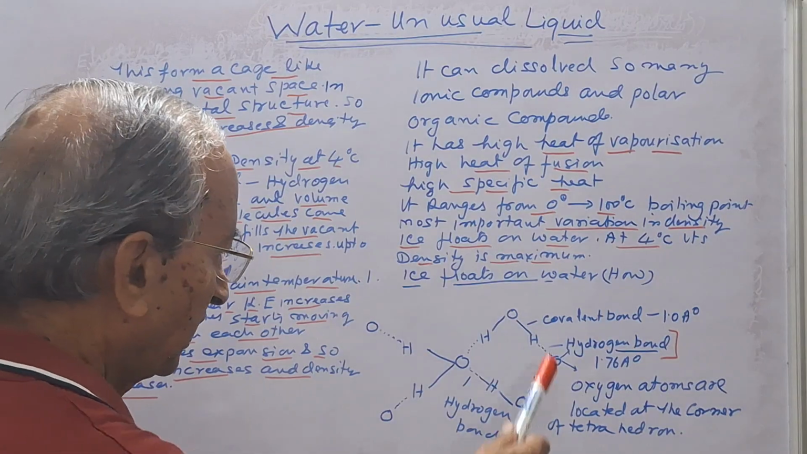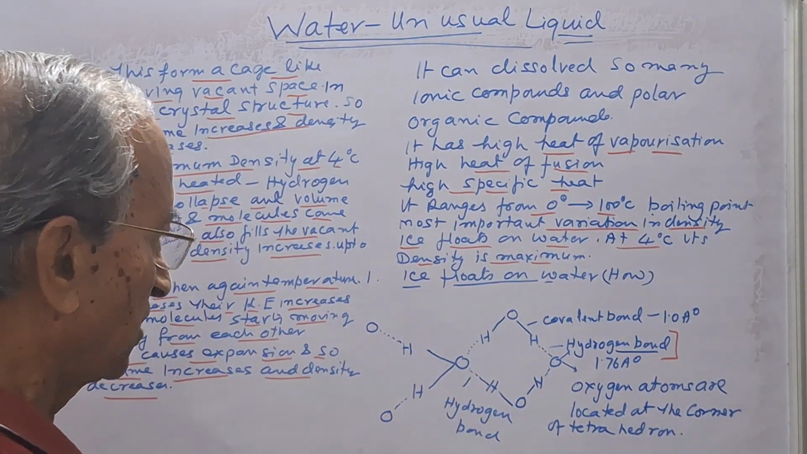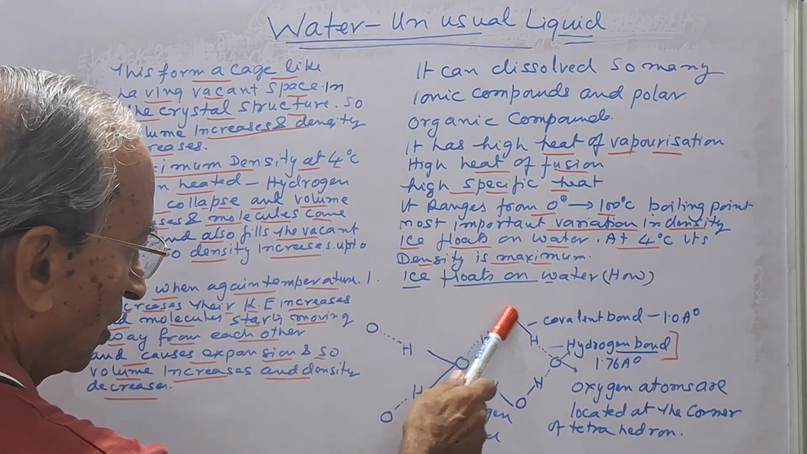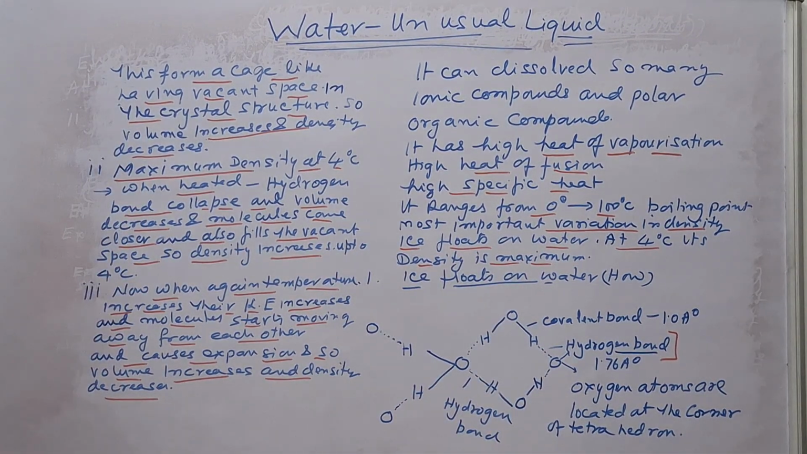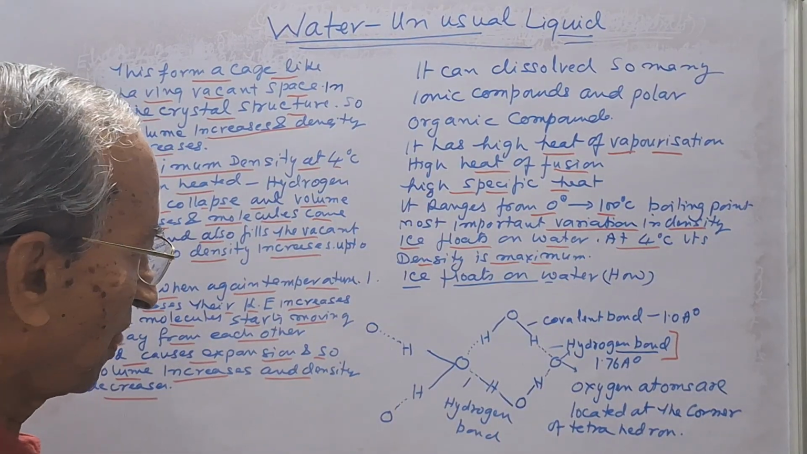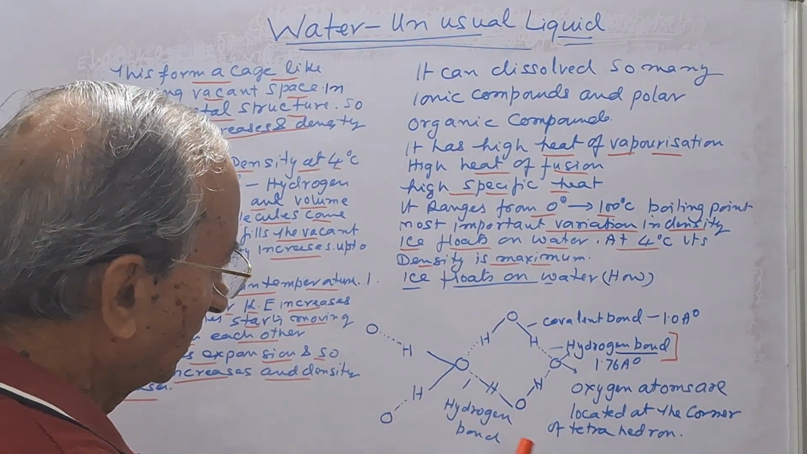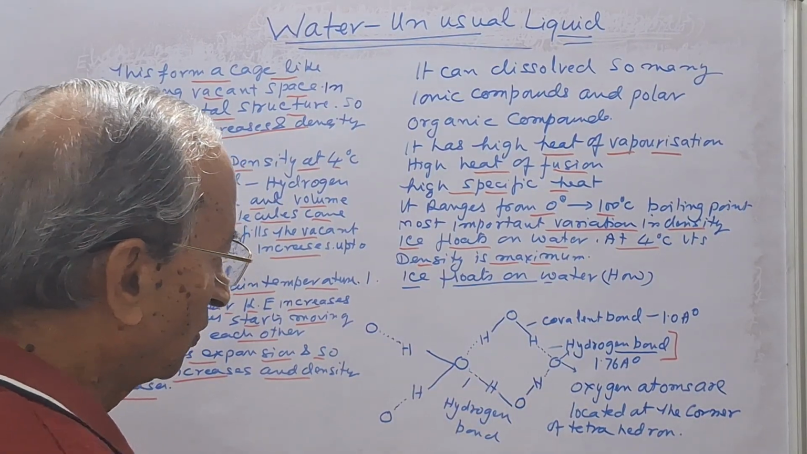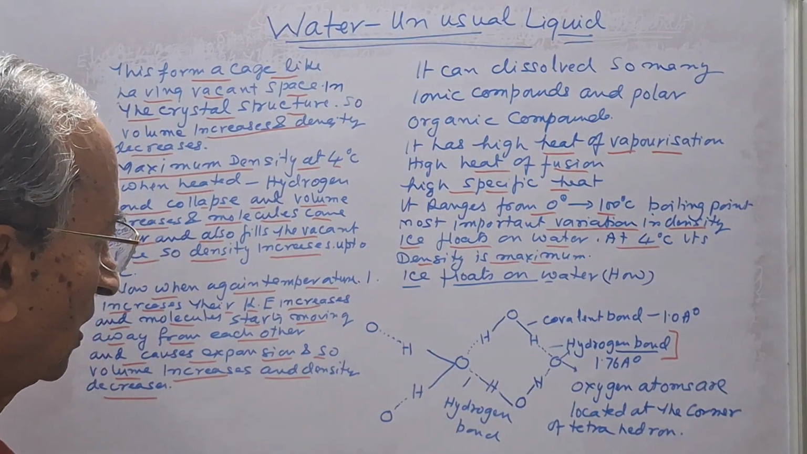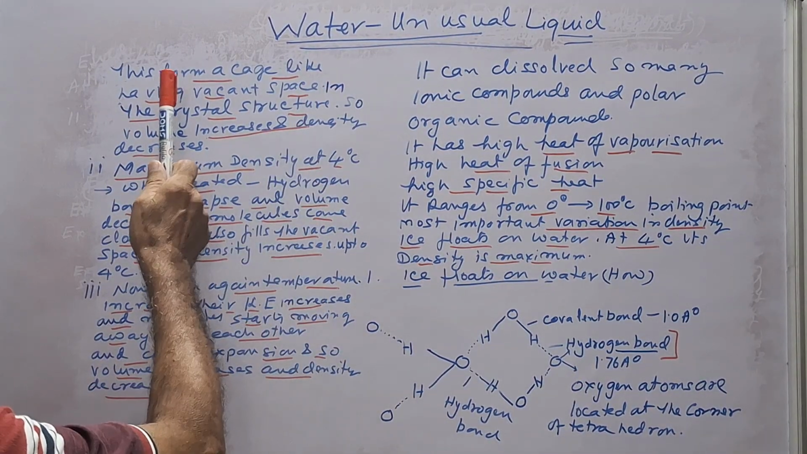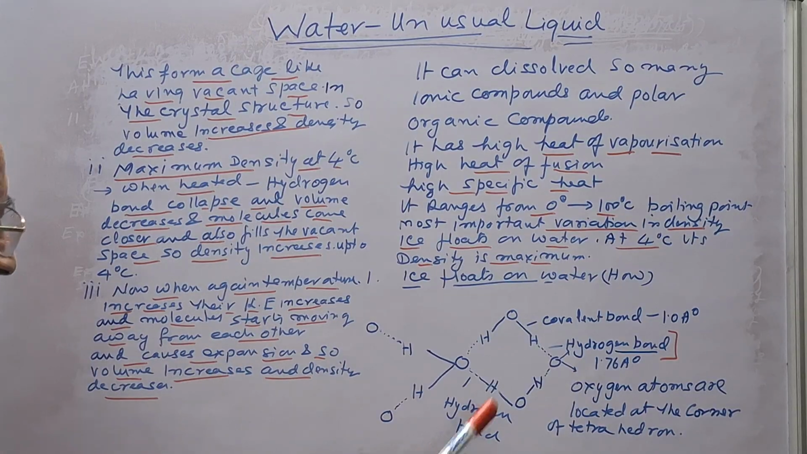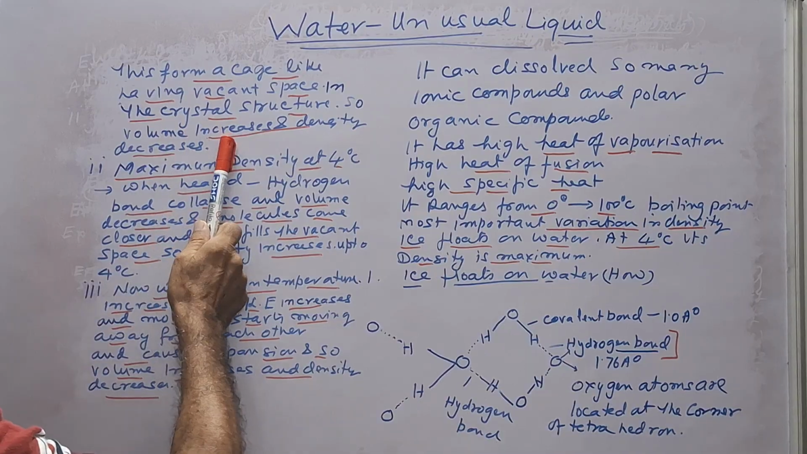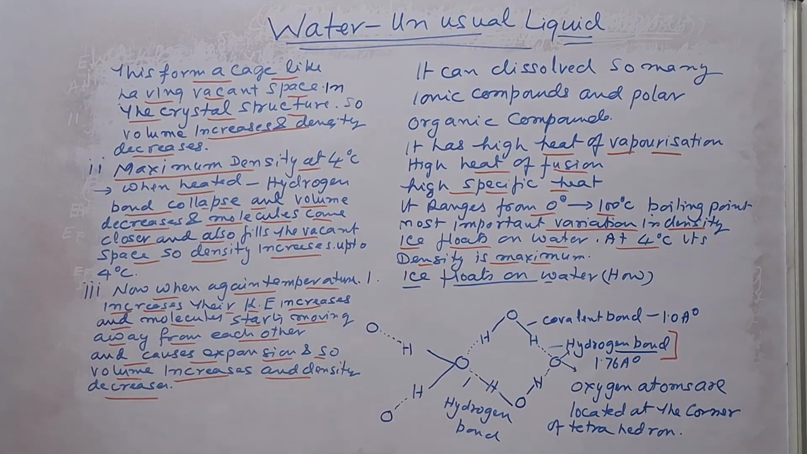So we say that it forms a cage-like structure, and there is a space in the cage, surrounded by 4 oxygen atoms. They form a 3D structure, with the 4 oxygen atoms lying at the 4 corners. So this cage has a vacant space in the crystal structure, so the volume increases. Again listen,